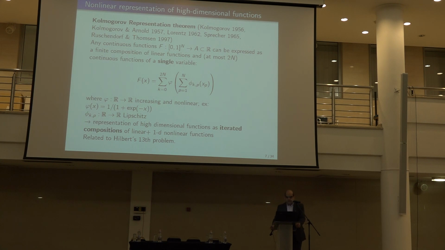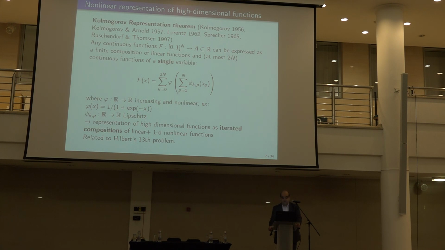So the approach of neural networks is really quite different. It's very far from a linear representation, and from a mathematical point of view, I think it's really linked to old work by Kolmogorov and Arnold in the 50s. The idea is that instead of representing a function as a linear combination, you represent this function as a linear sum of compositions of functions. So you combine linear combination with the composition of functions.